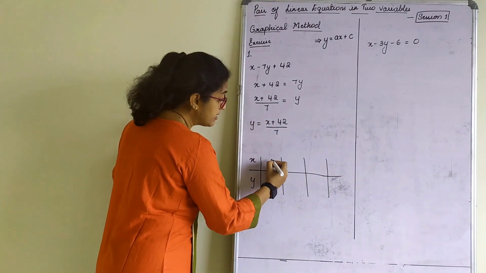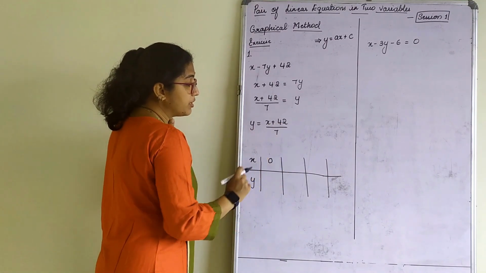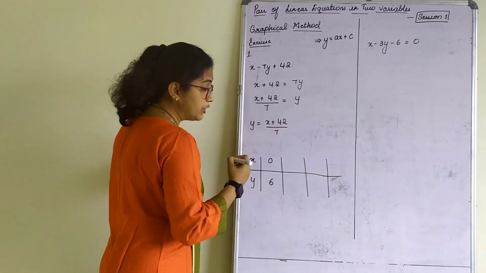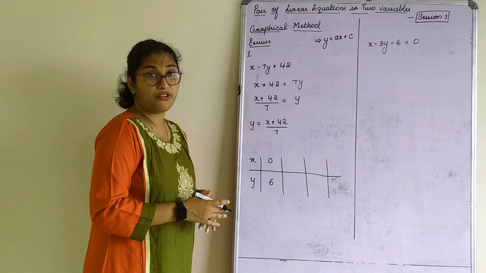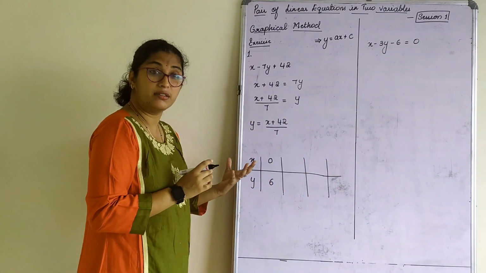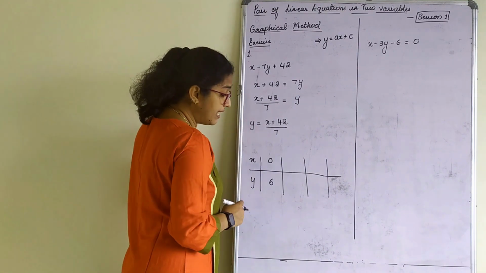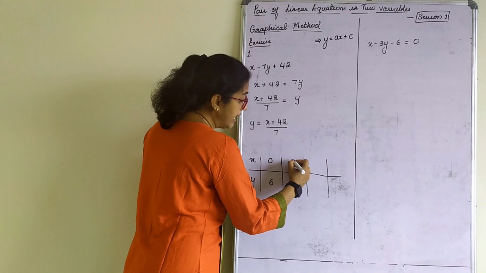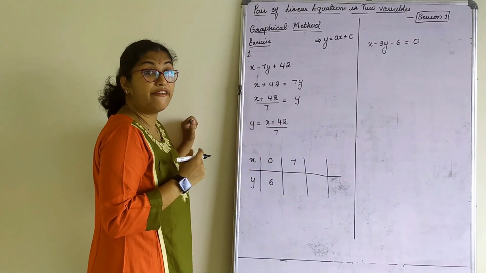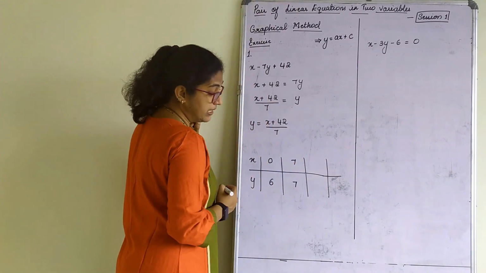Okay. First, let us give x is equal to 0. If x is equal to 0, 42 by 7. So 7 ones are 7, 7 sixes are 42. You understood this calculation, right? You can also do this: let x is equal to 0 and do it. Since you all know how to do it, I am just doing this orally. Next value, I will give x value as 7. 42 plus 7 is 49. 7 ones are 7, 7 sevens are 49.